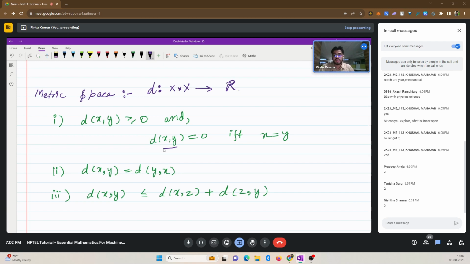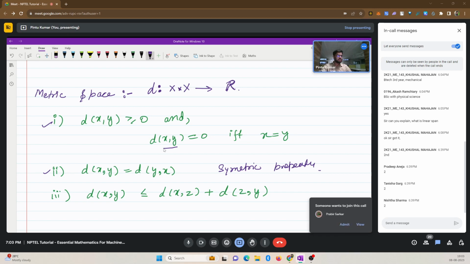Now the next point is that if you take the distance from x to y, or you take the distance from y to x, this should be the same. So distance between x and y must be equal to the distance between y and x. This is called the symmetric property. And the last one is that